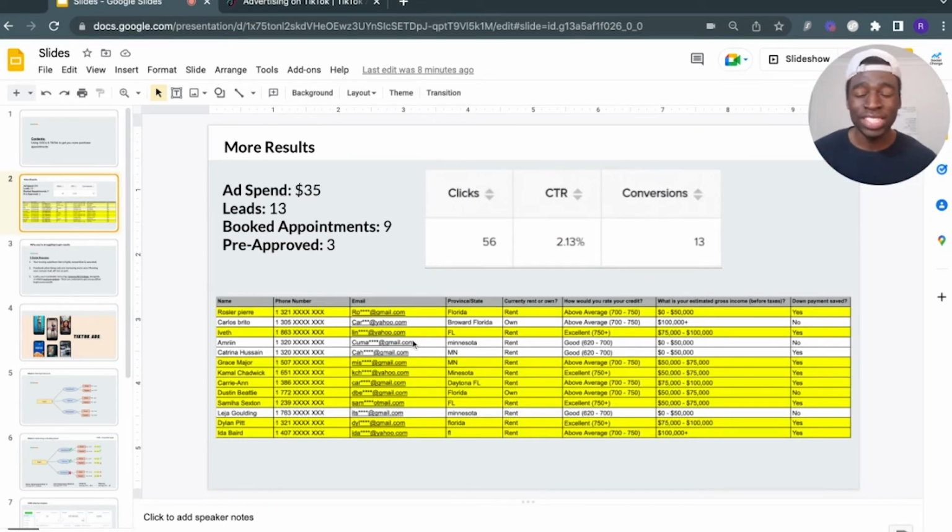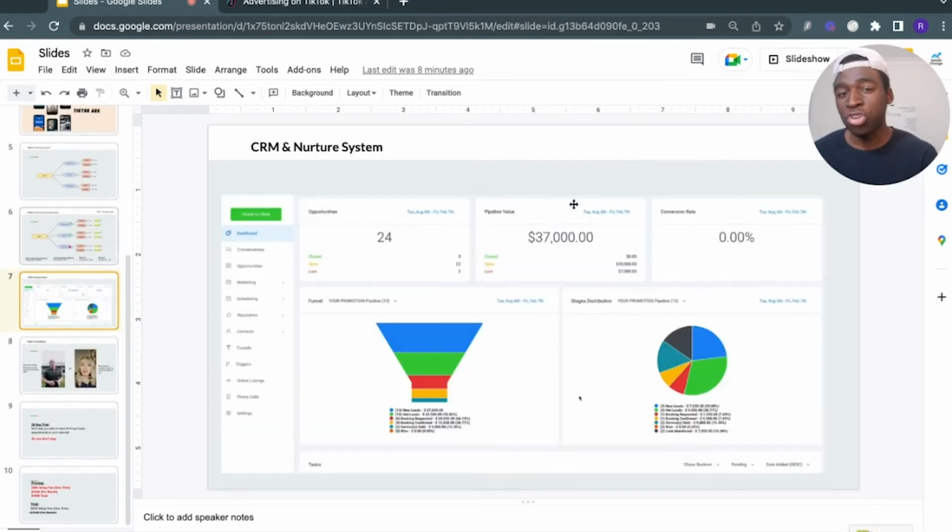Because anyone can generate leads. And the best way to actually convert those leads into booked appointments and pre-approvals is by having an automated nurture system, right? So we use Go High Level because the last thing you want to do here is to manually follow up with all these leads, right? You want to send out automated texts and emails to actually prompt people to book in an appointment with you